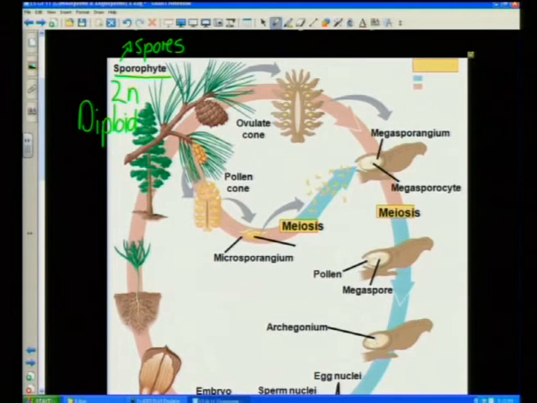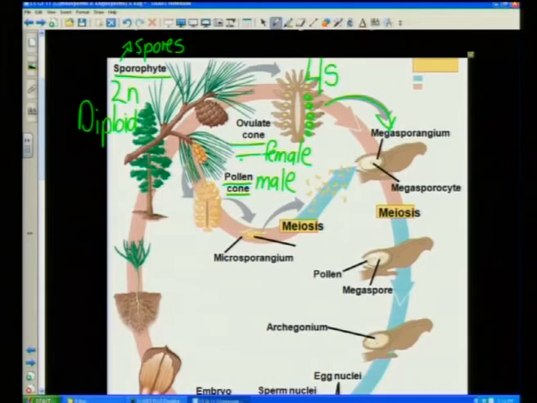Now on this little tree branch here, we can see there's a cone. It says ovulate cone, and that refers to a female cone, and then the pollen cone is the male cone. So we have female cones and male cones on the same tree. Now if we go into a bit of detail, if we make a longitudinal section through a female cone, we're going to notice little round things inside. And those little round things are referred to as